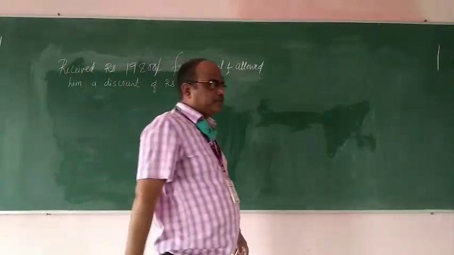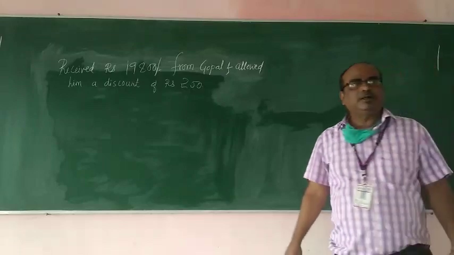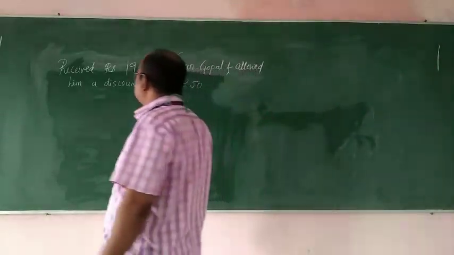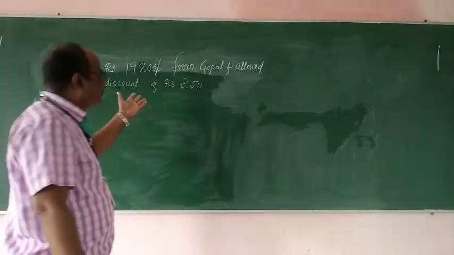So read the transaction carefully. What the transaction says here, we are receiving rupees 19,800 from Gopal and allowed him a discount of rupees